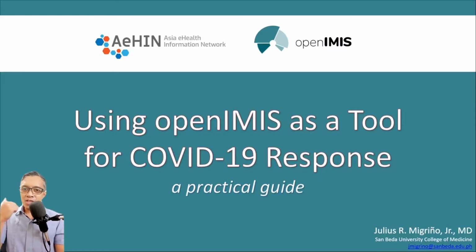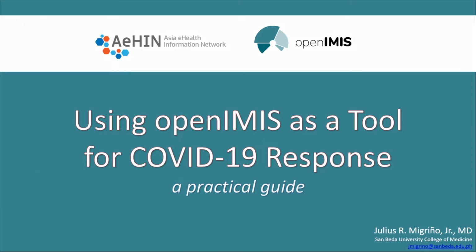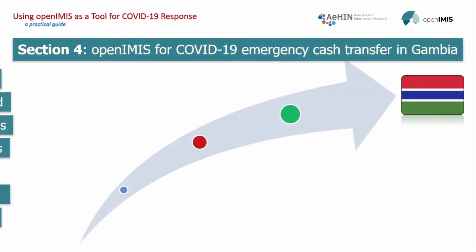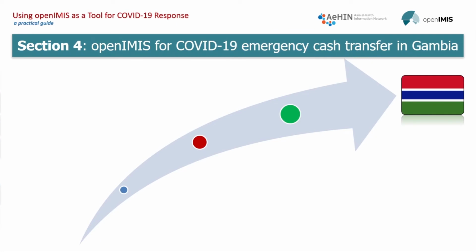Welcome back. You've now reached part 5 of the lecture series. This part of the lecture series will discuss how the Gambia used openIMIS as a tool for their COVID-19 emergency cash transfer scheme. This video covers a detailed description of the NAFA program, a social assistance project launched in the Gambia using openIMIS. The project is a short to medium-term component within the bigger Gambia Social Safety Net project, which is funded by